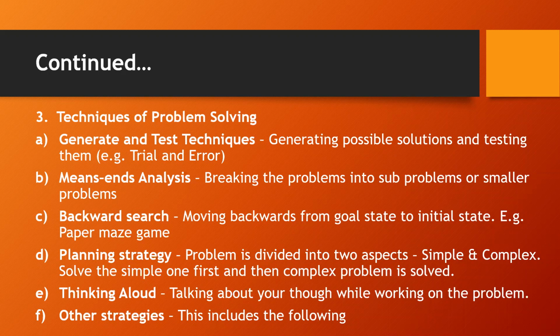A common kind of planning strategy is analogy. The problem can be solved by referring back to previous successful experiences with similar problems. It's like you have already solved a particular type of problem. A similar type of problem you will be able to solve by using your previous experiences. It's like white is to black, then up is to down. It is opposite, right? So white and black is nothing but the previous thing, that is opposites, you understood. So now you know the opposite of up, that is down. Another example is hammer is to nail, comb is to hair.